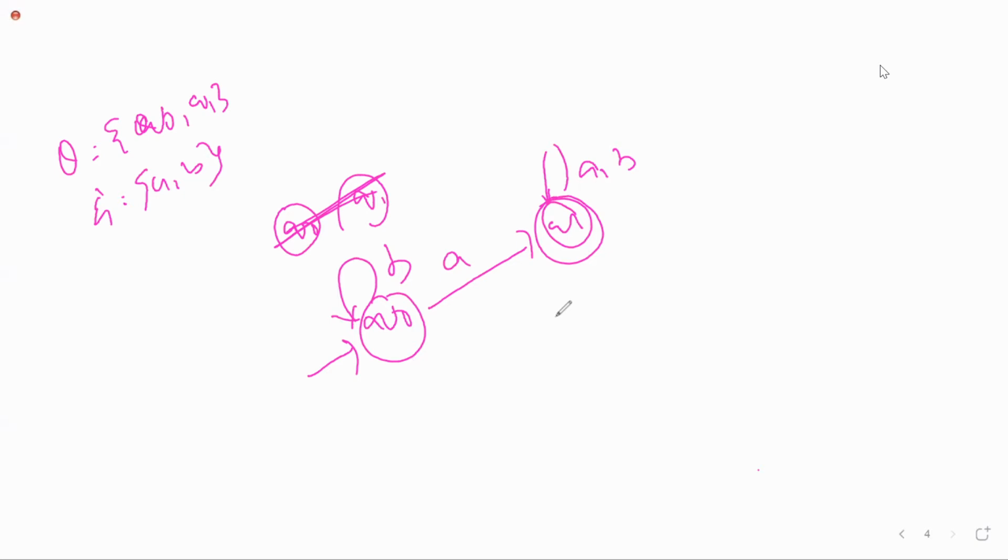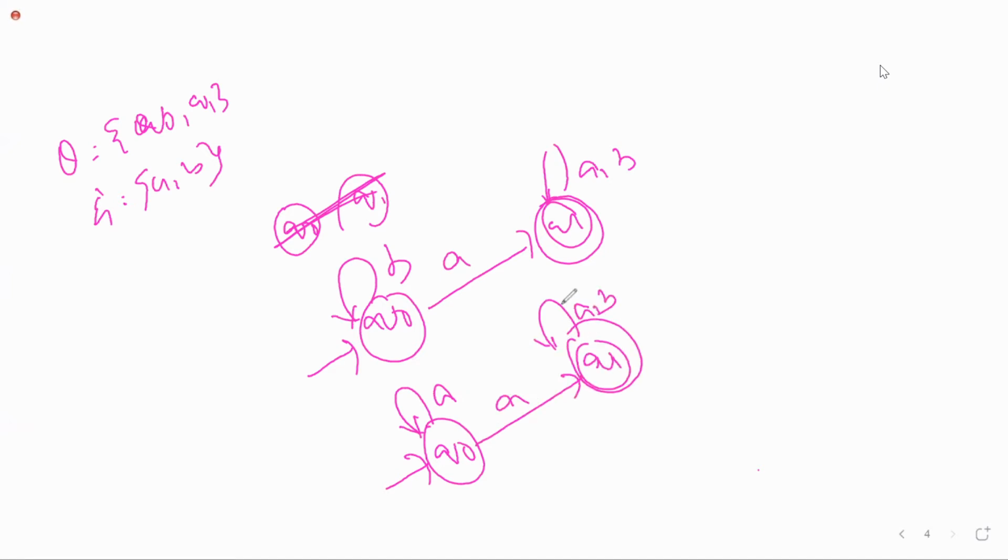Now I've taken the same example. Q0 on A is going to Q0, Q0 on A is going to Q1. Assume this. So what I told you, if you want to transit to more than one state on a single input, it is possible in NFA. On a single input A, it goes to Q0 and to Q1. Yes, it is possible in NFA. Am I clear with the first step? Yes, ma'am. If you want to move to more than one state on a single input, then it is possible in NFA, but not in DFA.